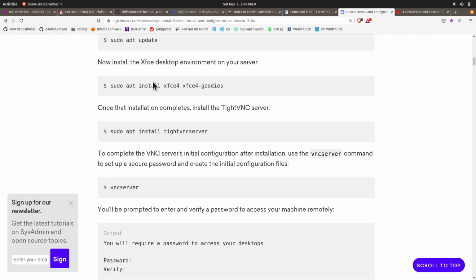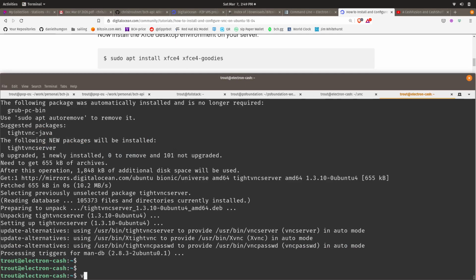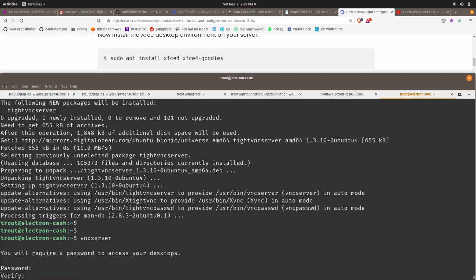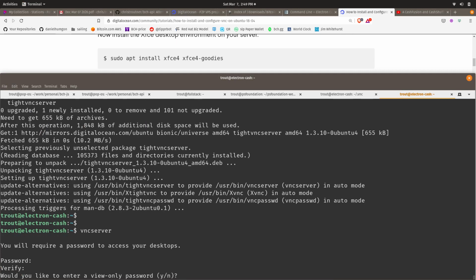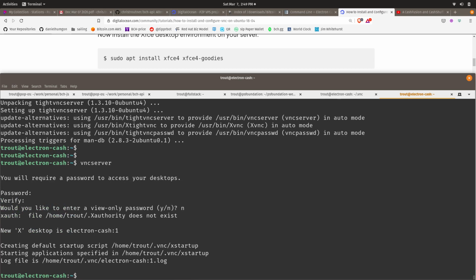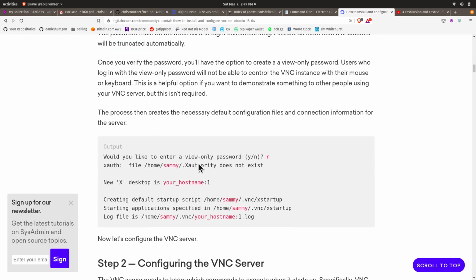Okay, I got tight VNC server installed and these other packages installed, and so now I should be able to run this VNC server command. Give it a password. No, I don't want a view only password. Cool. Okay, it was able to run,